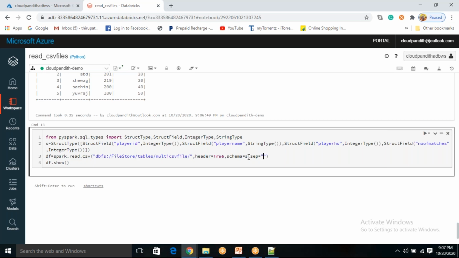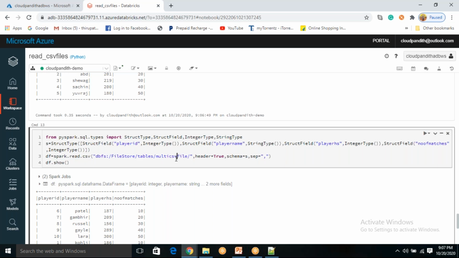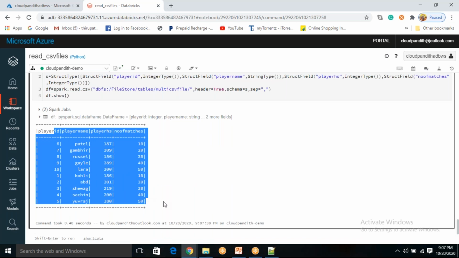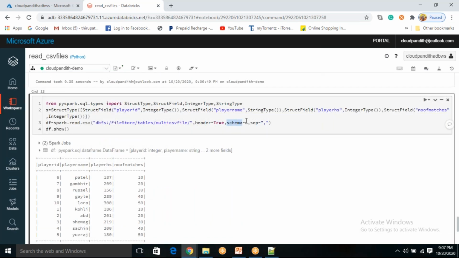You see now the separator is going to be comma, but there is no change because all my data is separated with comma. Okay, so this is how you need to use schema, and you need to use separator to read the data. Okay, any questions here, friends?